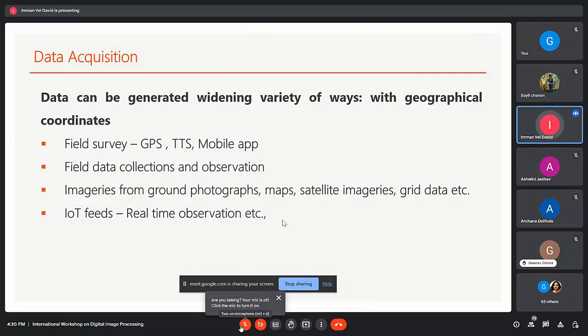For example, rainfall data, sea level data, or water level data. These kinds of precipitation level data are collected using IoT devices for real-time observation, so a large amount of data we can use through IoT.